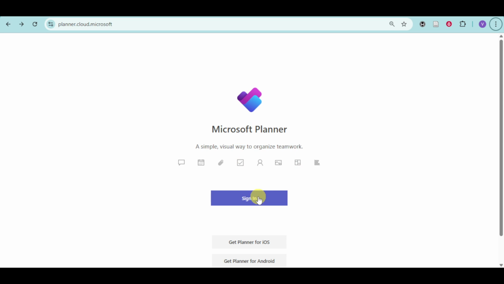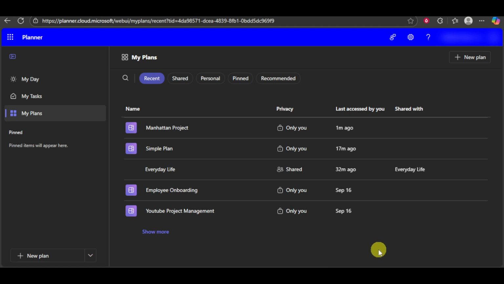Now in there, do take note that you need to have an organization or team account in order to access it because it's inaccessible for personal accounts. So click onto this sign in right here. Now here is my actual Microsoft. So what we can do is we can just click onto this My Plans